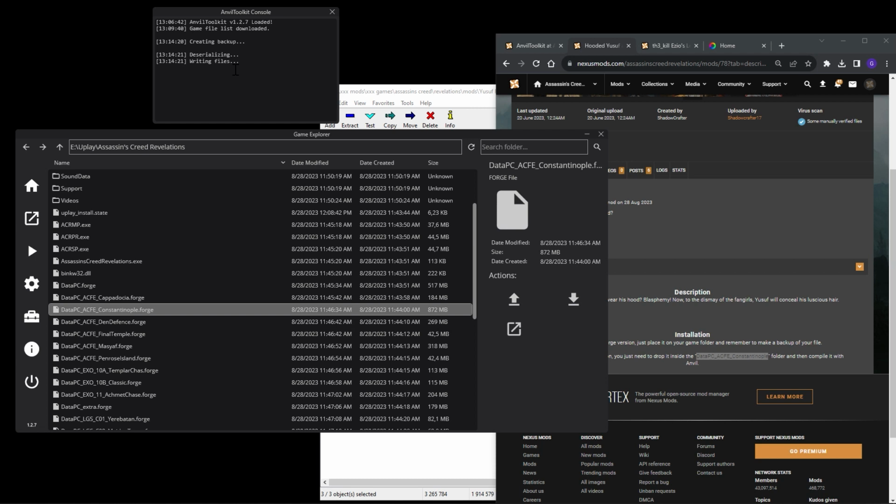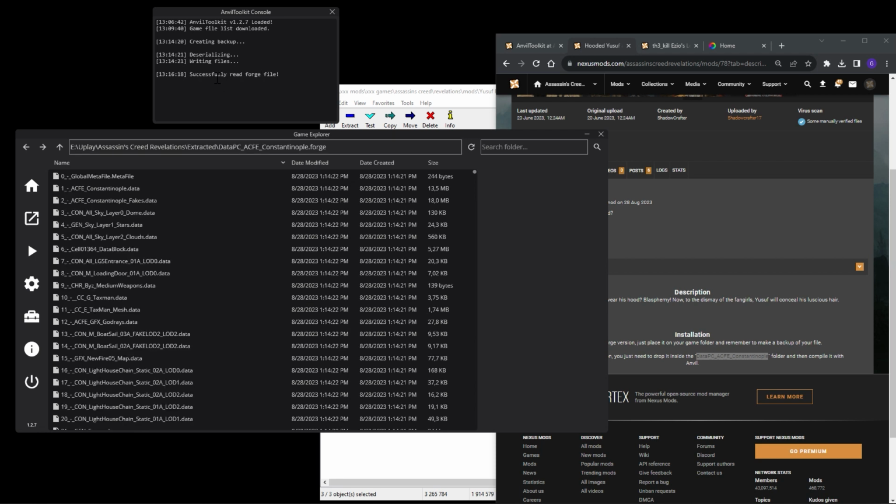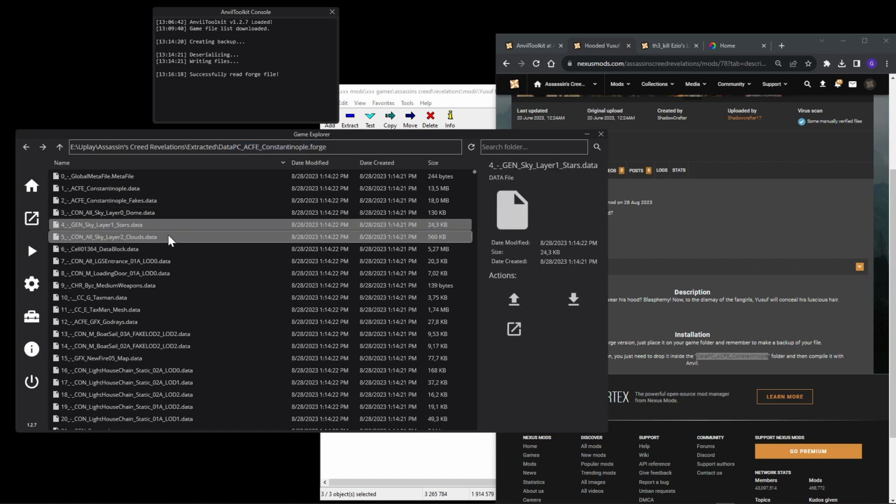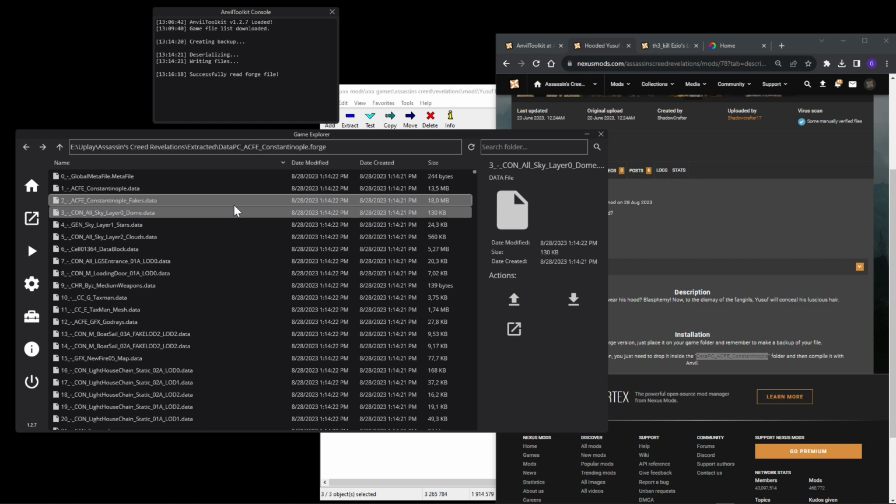Depending on the size of the forge file, some forge files are big with many files in it and it will take a long time, and sometimes it'll be almost instant. And there we go. It says successfully read forge file in the console, and you'll see here it changed to the data. So now we're inside of this forge file over here. Here you can see the path. So these are the files that we're going to kind of replace,